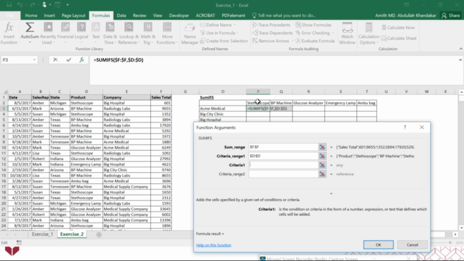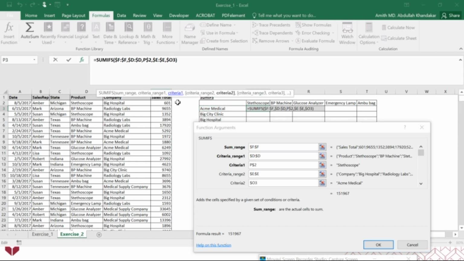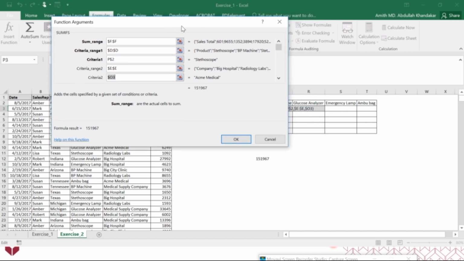Criteria is stethoscope. All the products are in row 2, so the row number should not change. Range 2 is the company, which should not change, dollar, dollar, and the criteria number 2 is the company. Over here, all the companies are in column O, so the column should not change, and the answer is